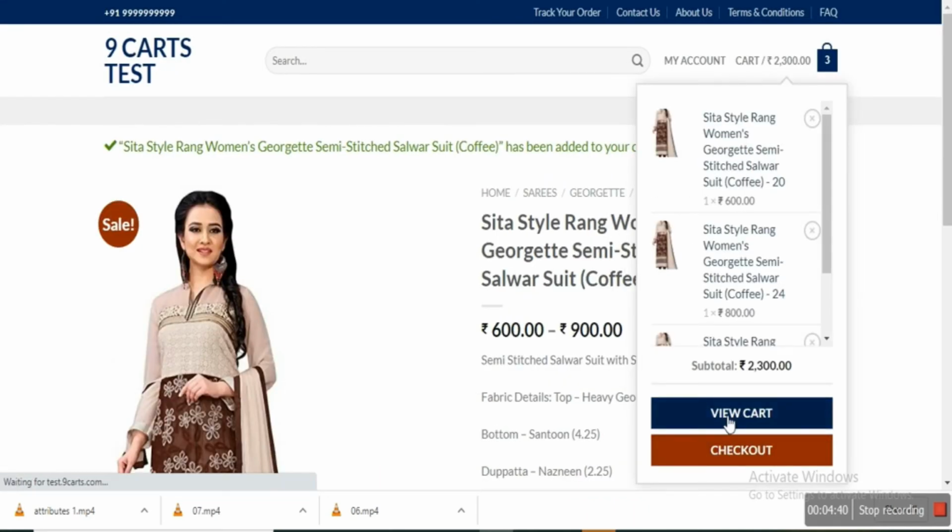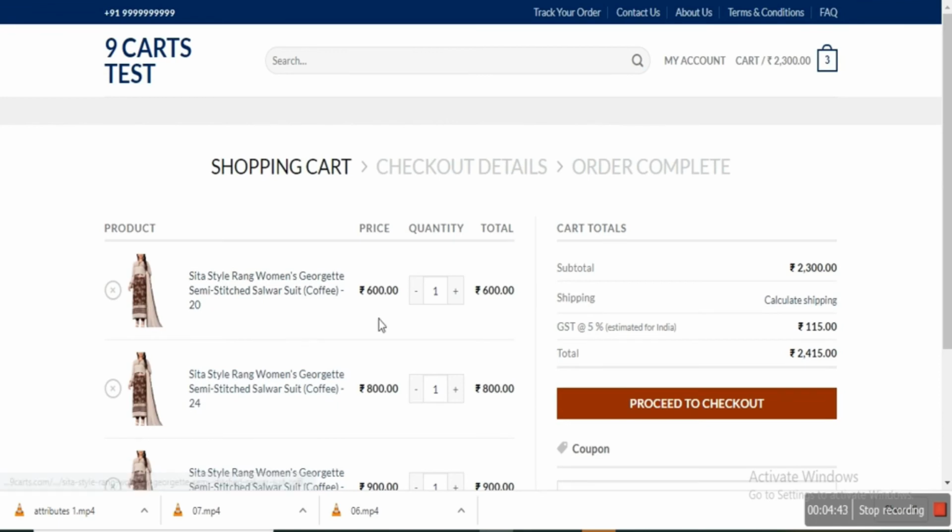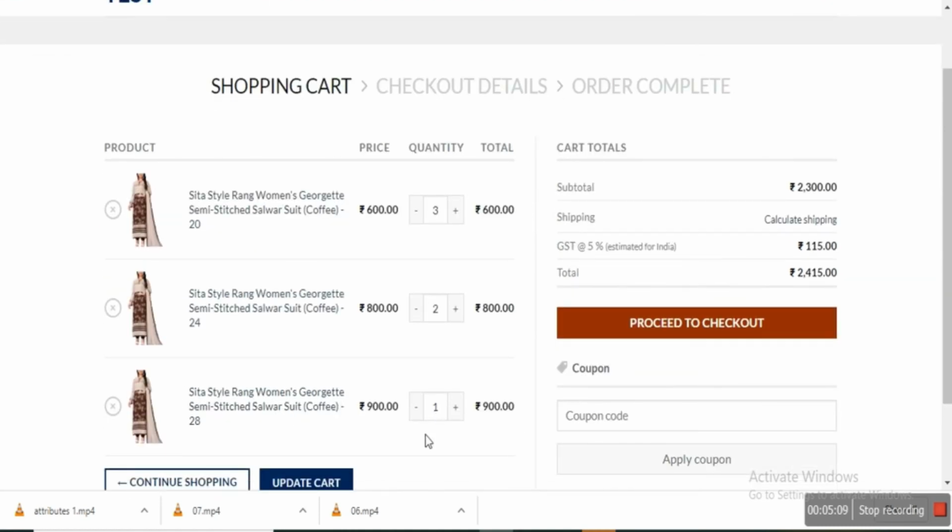Now when we view the cart, what we see is the same product is available at 600. Here if you want to change the quantity, it will not go above 3, because while entering the stock we had entered that we have only 3 units. Similarly, for the next size, the price is different. We cannot go beyond 2 pieces because the stock is not more than 2 pieces. Whereas in the third item we had not inserted the stock, but in the inventory management tool we had inserted 5 pieces. So if we do not insert a stock, by default it will take 5 pieces for the particular product.